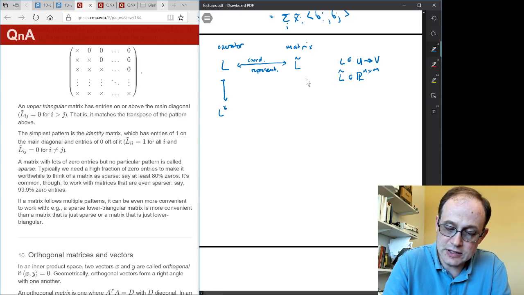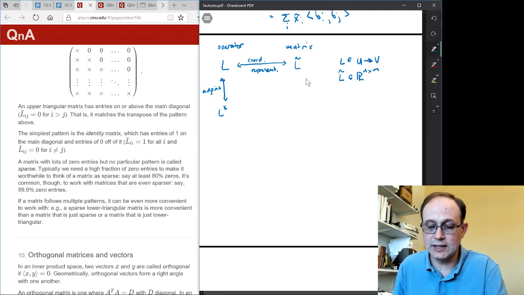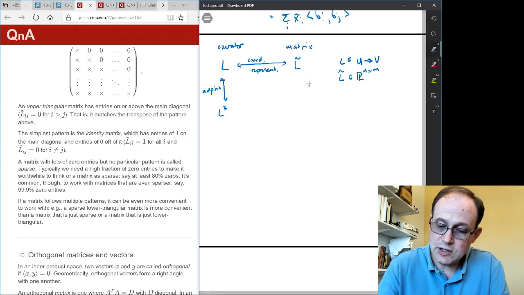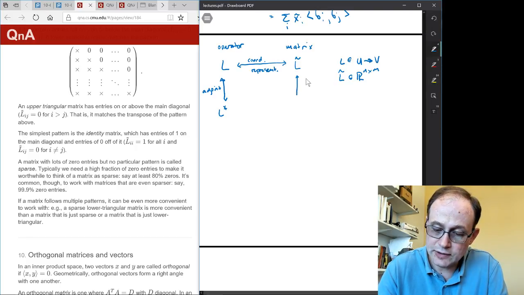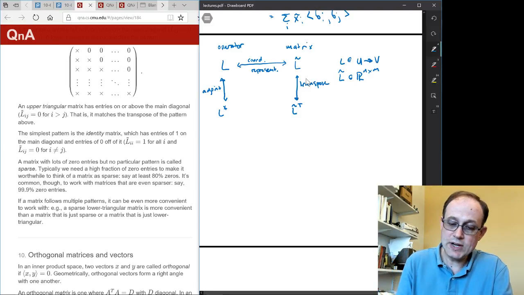And so this is the adjoint relationship. You can go back and forth between L and L star, and you can go back and forth between L tilde and L tilde transpose, right? So this is the matrix transpose, right? And the point is then